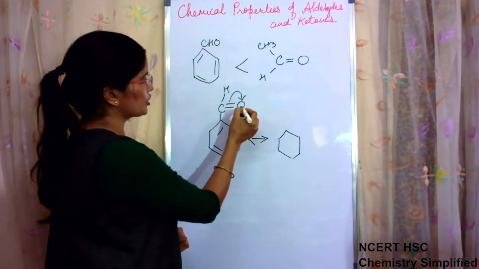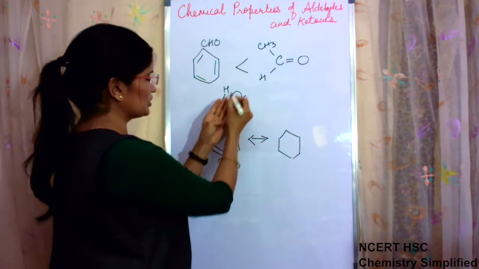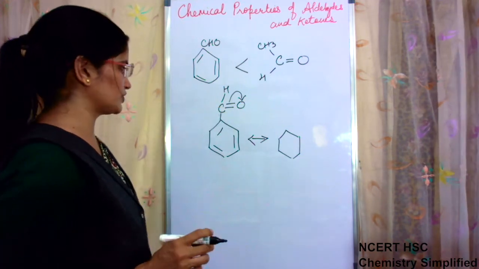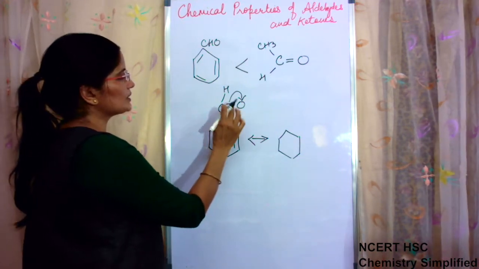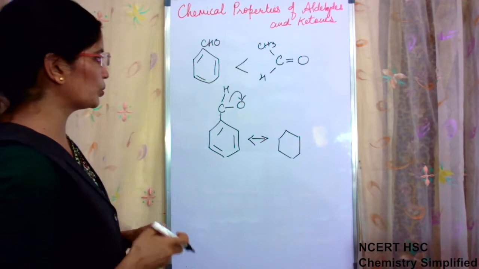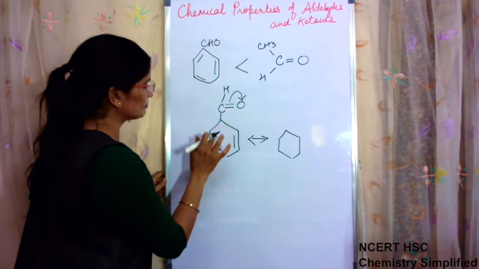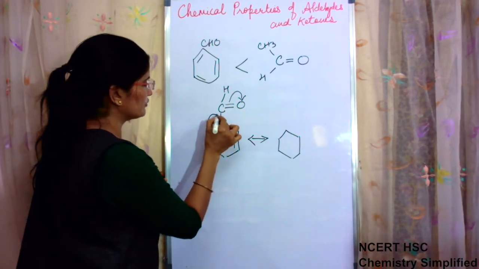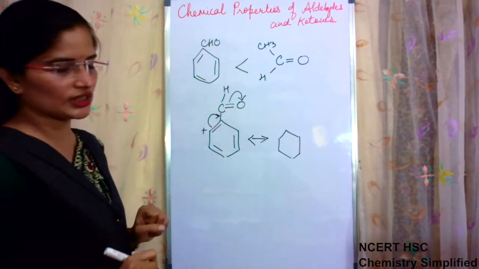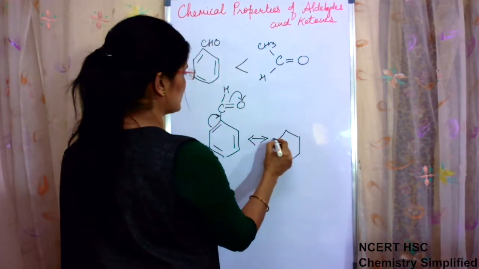The bond is shifting towards O because we have known that this will be negative and this is positive. So the bond will shift here, it will acquire negative charge. So this carbon will acquire positive charge. Now when this carbon acquires positive charge and this bond is gone, then carbon is left with 3 bonds only. Okay, so to make its bonds complete, what will happen? This bond from here will shift here, and because this bond had shifted here, this will acquire a positive charge. Okay, so the next resonating structure will be positive charge here.